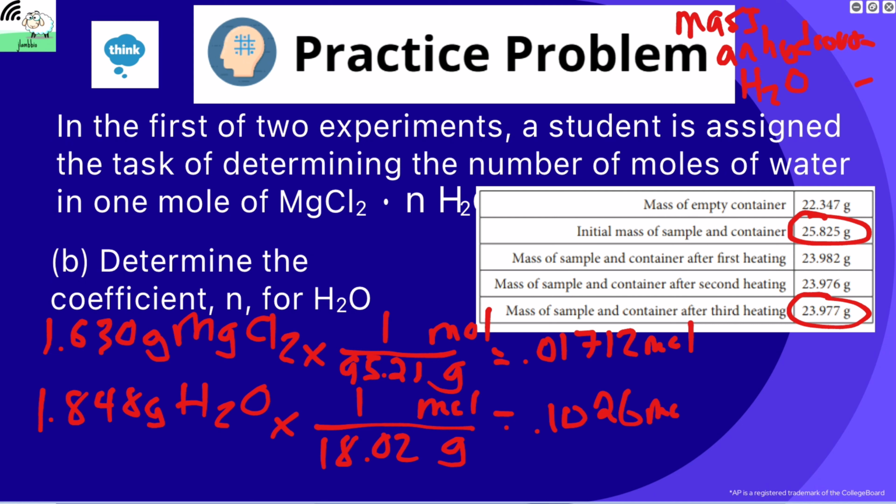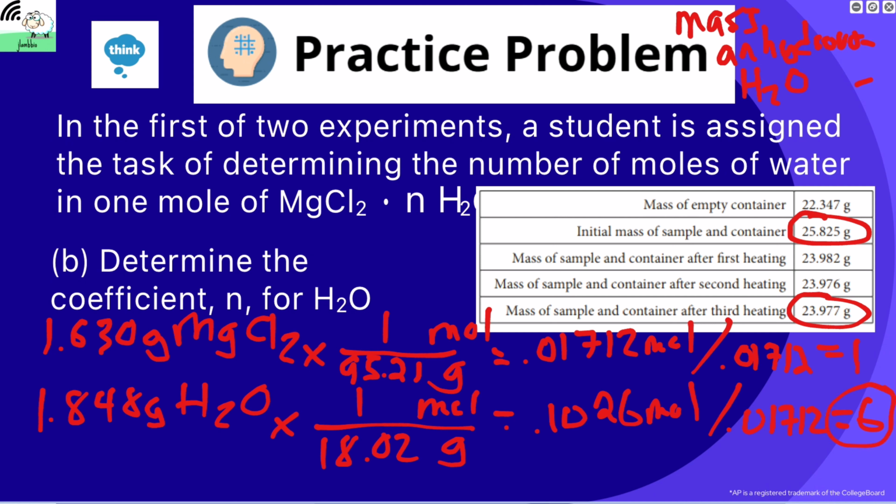0.1026 moles. Again, once we get our mole number, we divide by the smallest mole number, which is going to be that of the magnesium chloride, so 0.01712. So that's going to be 1. And I get 5.99, definitely close enough to call that 6. So all it's asking for is the coefficient of n. That is going to be what that is, because that is the number that is going to appear in front